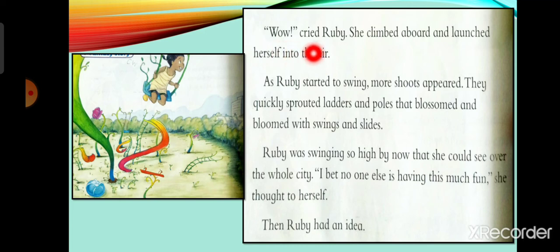Wow! Cried Ruby. She climbed aboard and launched herself into the air. As Ruby started to swing, more shoots appeared. They quickly sprouted ladders and poles that blossomed and bloomed with swings and slides.